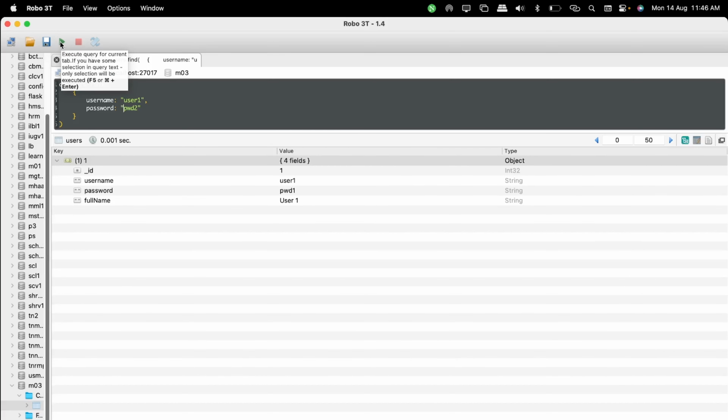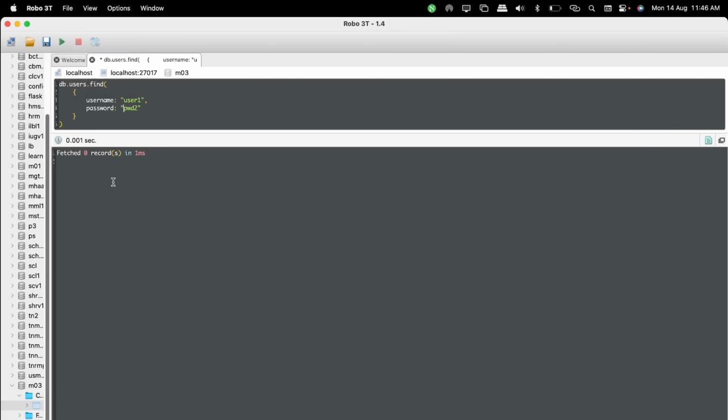Now none of the documents will match, so it will return nothing, correct? So now, based on that, you can prepare a selection query. Then you can check whether the data is there or not. Based on that, you can check whether the document exists